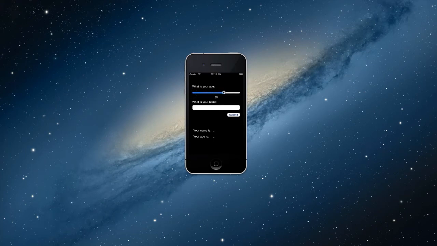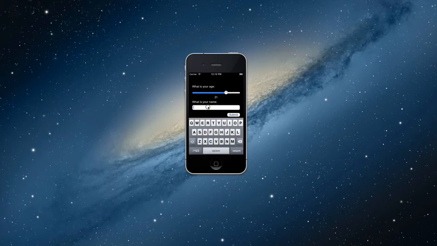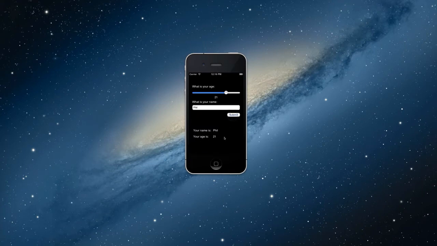I've limited this to 30. You then can type in your name and press the submit button, and these will appear here. So it's a relatively simple application, but it's an ideal one to first get you into iOS development, but also